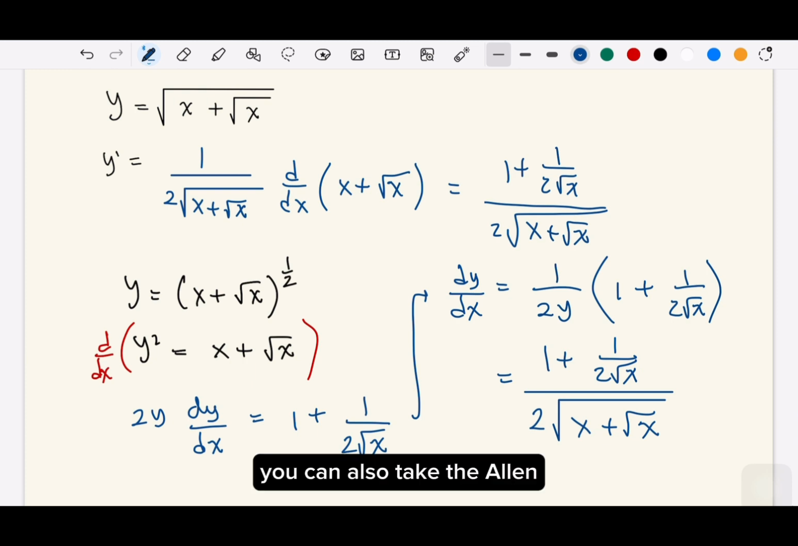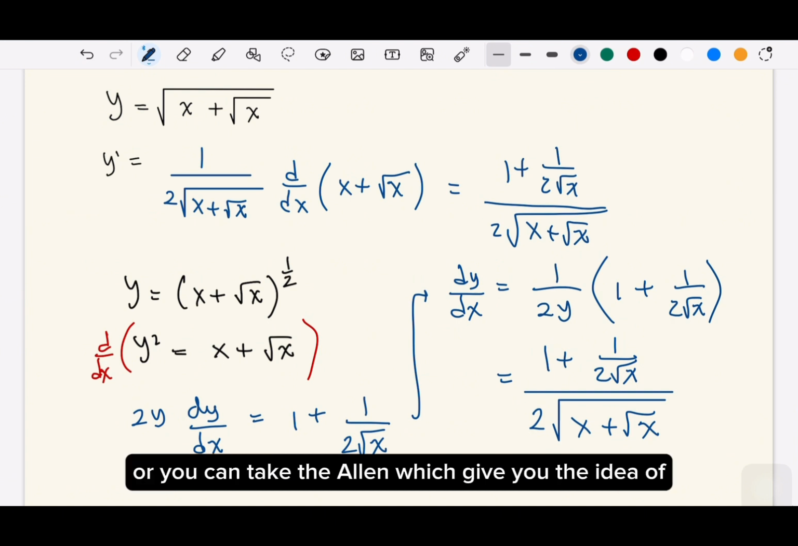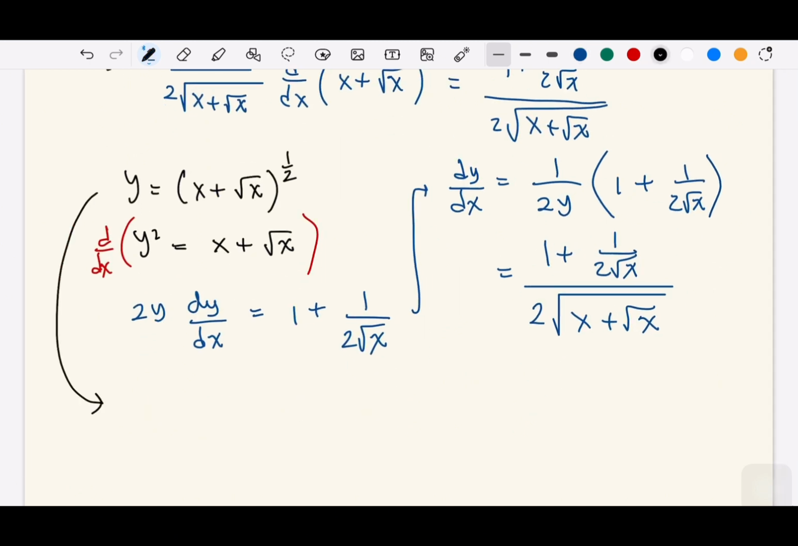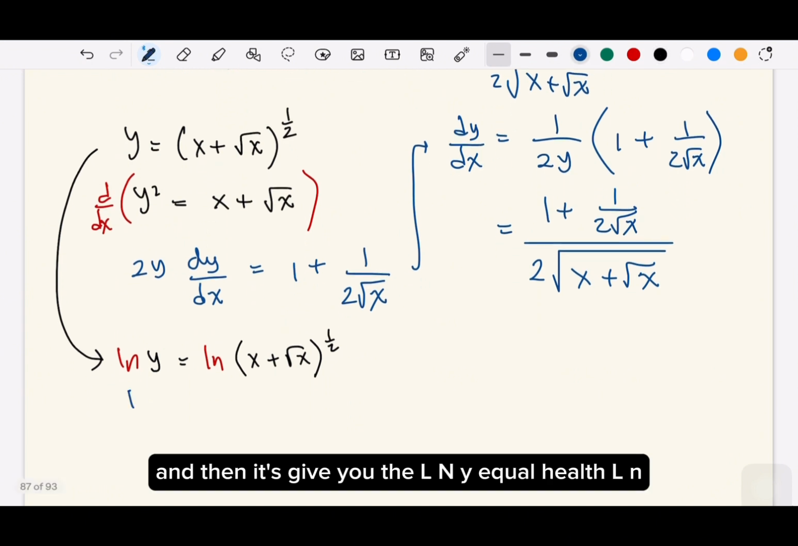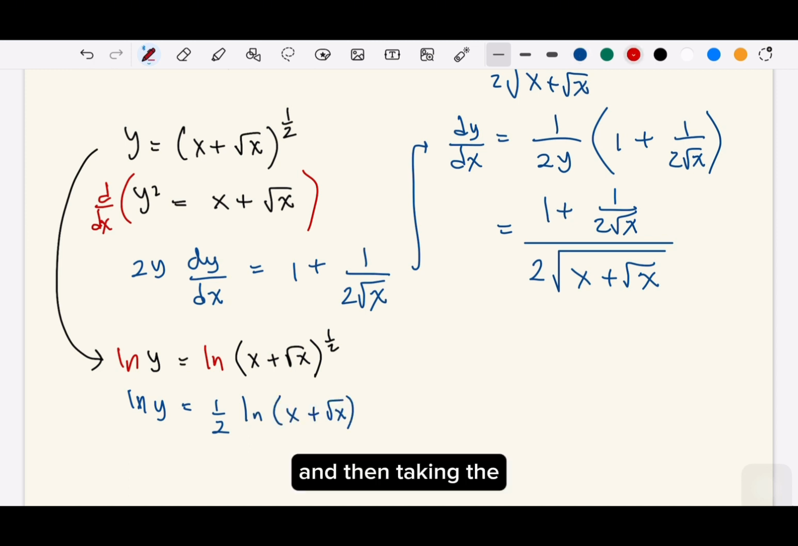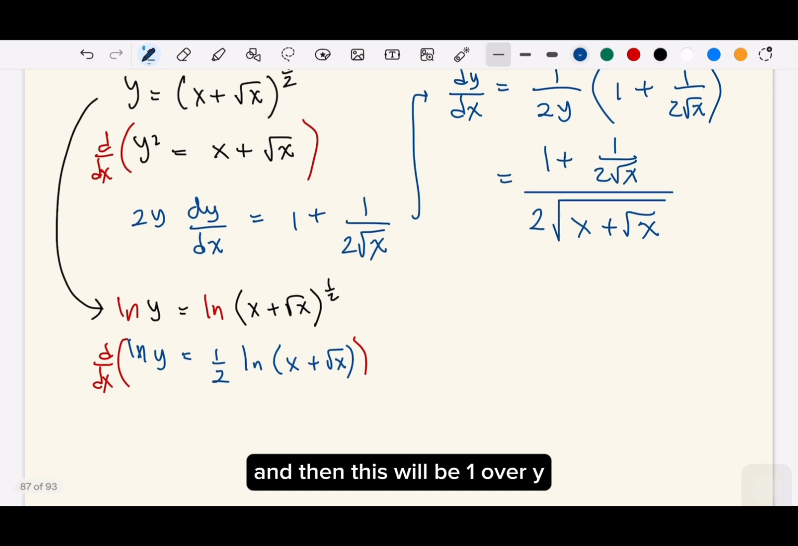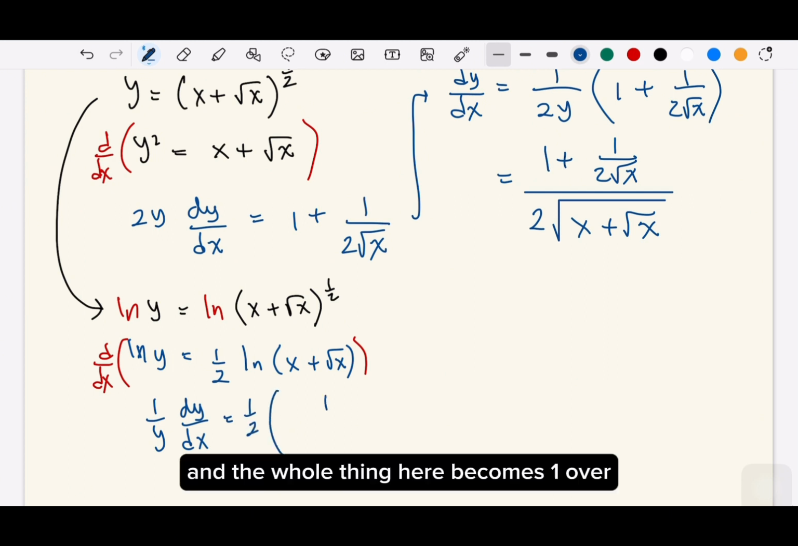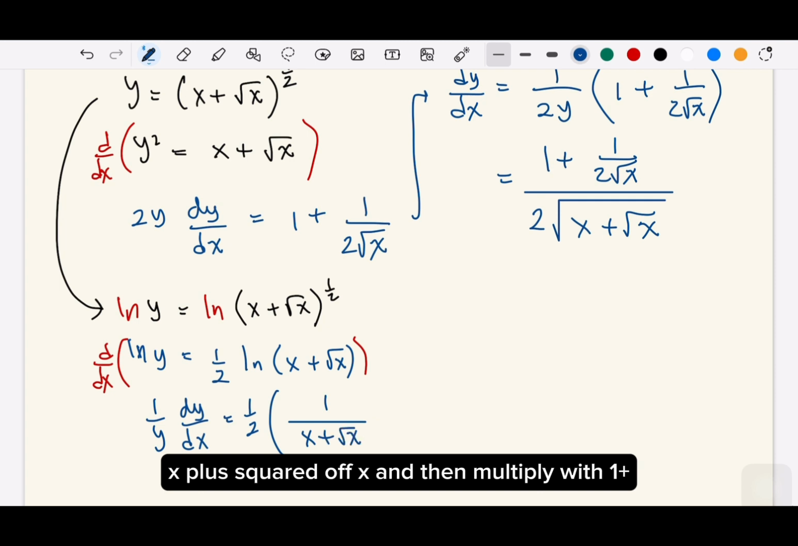You can also take the ln. Okay, I take this squared both sides, or you can take the ln, which give you the idea of, so ln, and then it gives you the ln y equal half ln, and then taking the first derivative, and then this will be 1 over y dy over dx, and then half, and the whole thing here becomes 1 over x plus square root of x, and then you multiply with 1 plus,